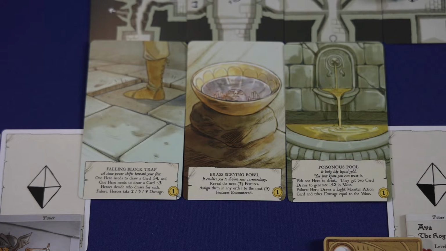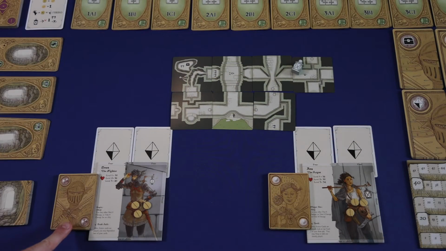and if they're unable to pass this test, they would each take an amount of damage depending on the amount of players in the game. For instance, if they failed the test and there were 1 player, they would take 2 damage, 2 players, they would take 5 damage, etc. And it's important to note that these symbols indicate that the value would have to be equal to or greater than the number shown. Any cards that players have to draw as part of a feature test would be discarded